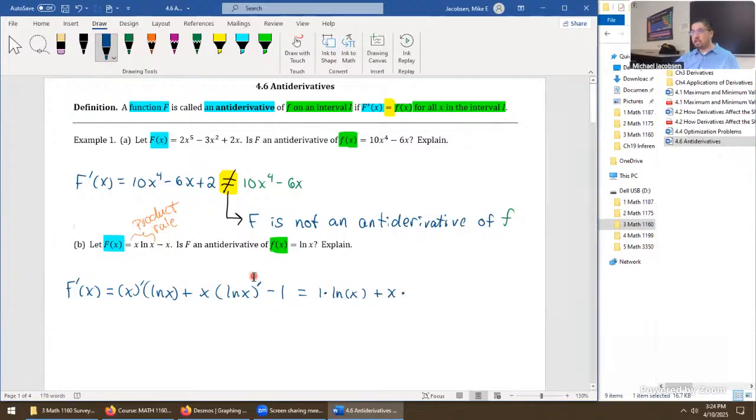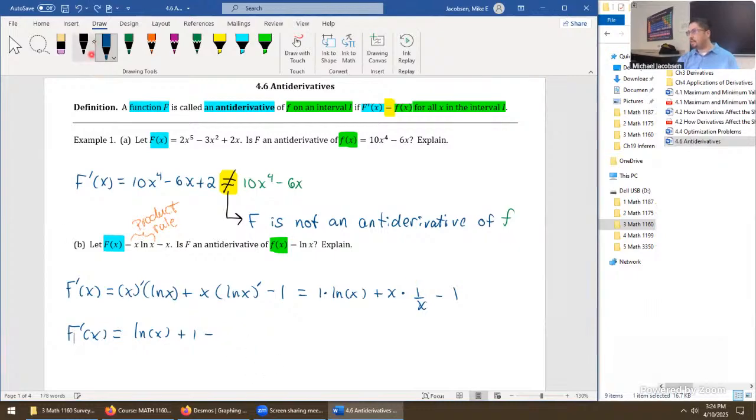Times the derivative of natural log x is just 1 over x. Minus 1. Let's keep going. There's still stuff to simplify. This equals natural log x. x times 1 over x is a 1. But then minus 1 gives us like terms, and this is now equal to